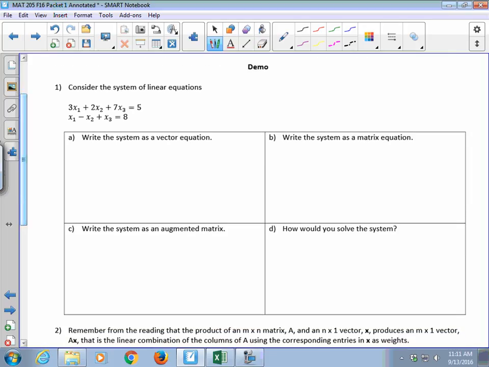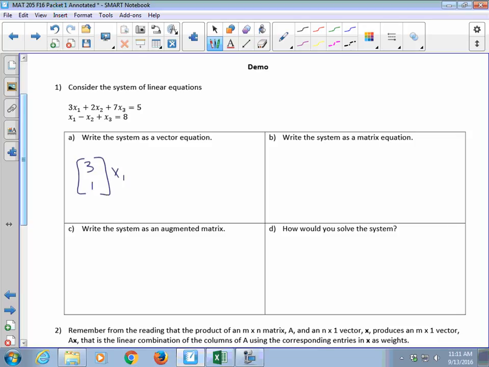Okay, so I have a system of linear equations, 2 equations, 3 unknowns. I want to write this as a vector equation. So we're just going to do some practice with translating notations here. So if I write this as a vector equation, I have my coefficients 3 and 1 with